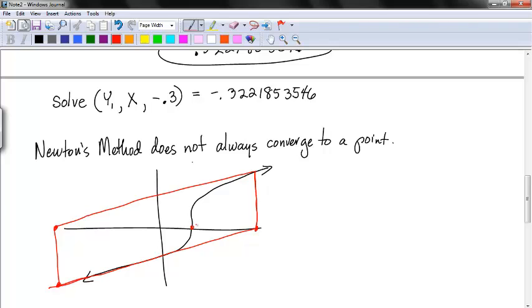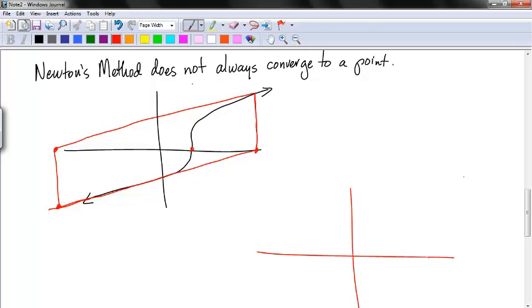And if you end up with a graph like this, where it crosses 3 times, you've got to pick a guess close to this one to try to find that point. If you're going to try to find this one, it's got to be close to that point. If you're going to try to find this one, you pick a point close to that point. Now what I want you to do next